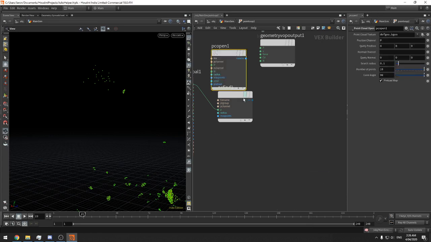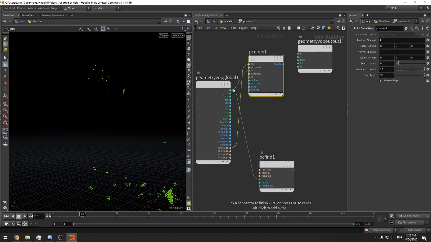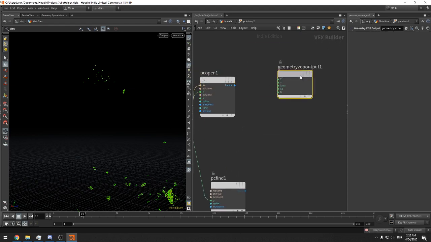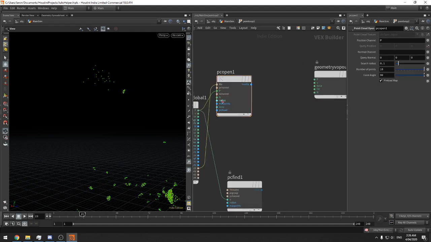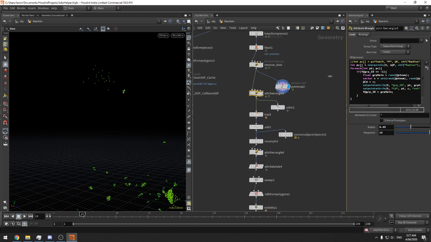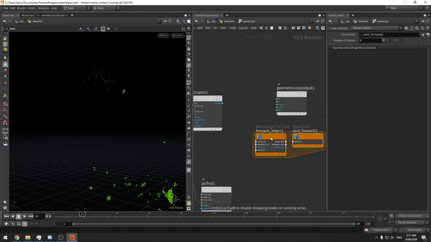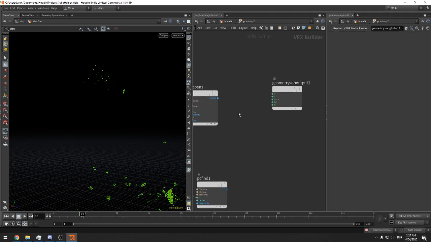Whatever. Step point cloud open. PC open. File is going to be the first input. That's the channel there. Yes, you already do that. Okay. How do I do it up here? Oh yeah, for each of these. Do we have a for each? We do have a for each, but I hate the for each. So I'm going to say PC filter,